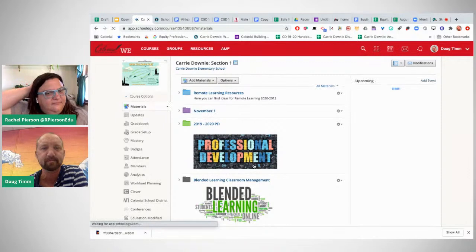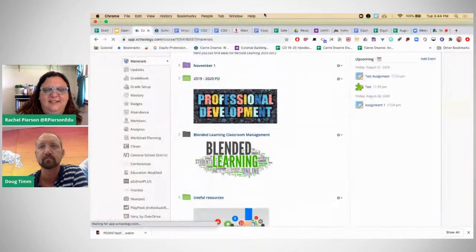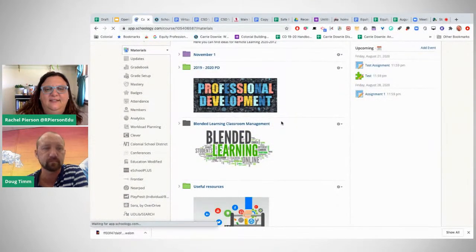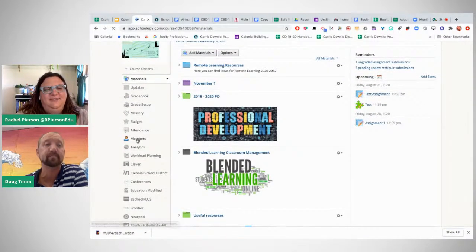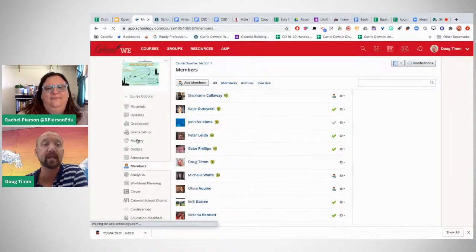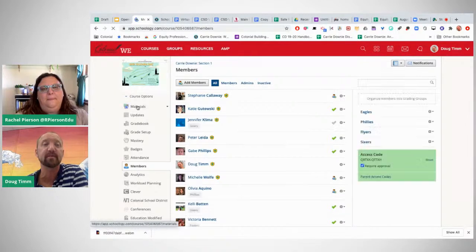Mm-hmm. Yeah, I think that makes a lot of sense. And I like how those groupings are saved. That's different than Google Classroom, where you would have to go in and select them every time. Correct. Yeah. And then, if I go back to materials,